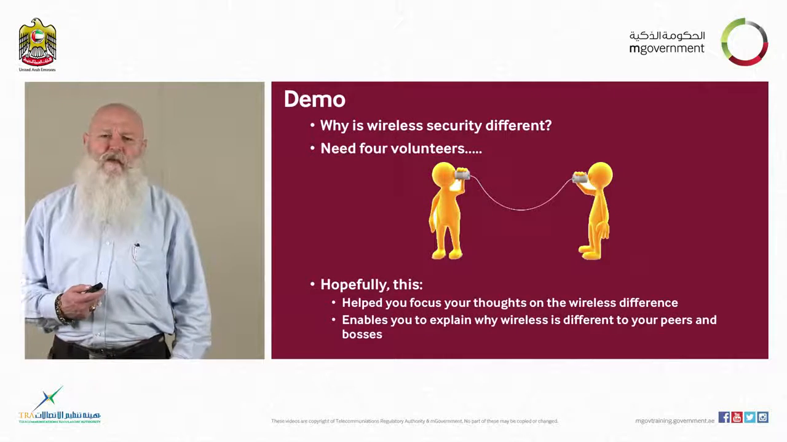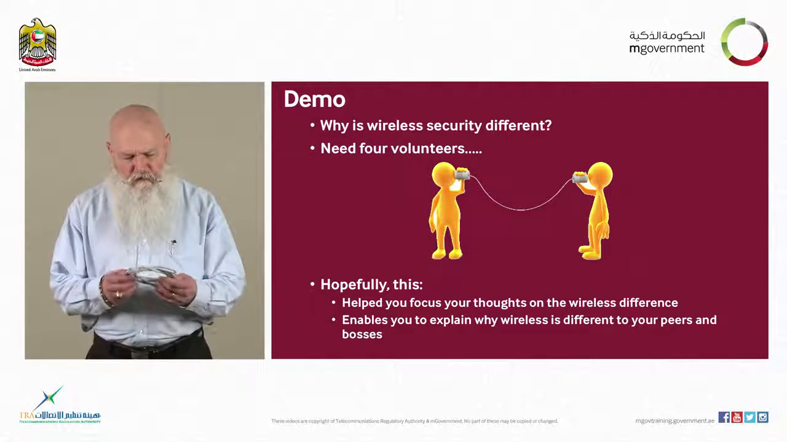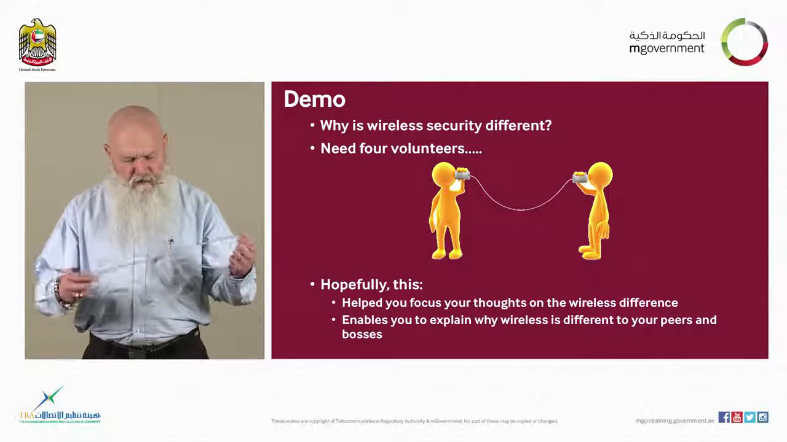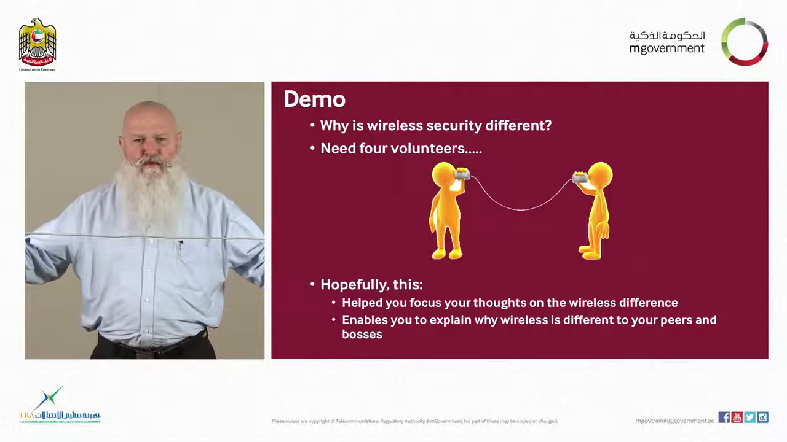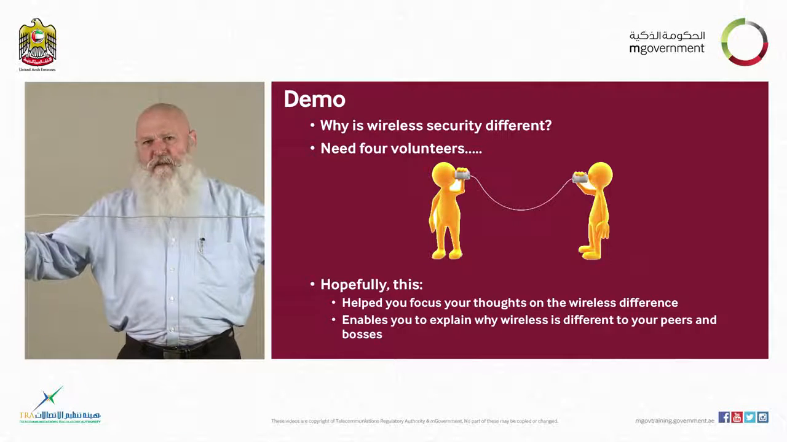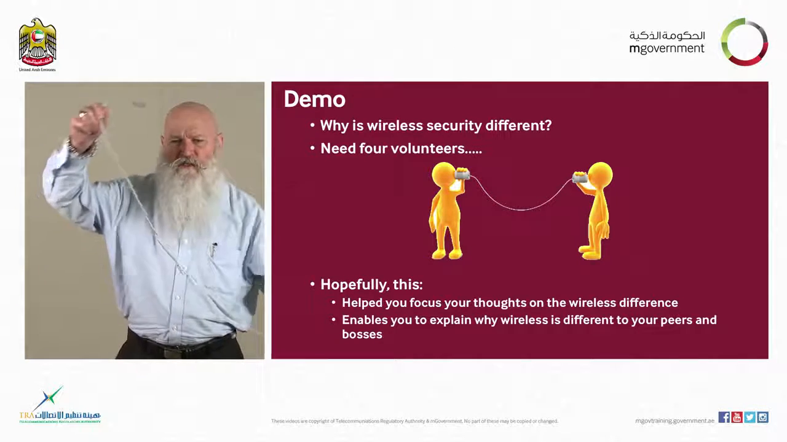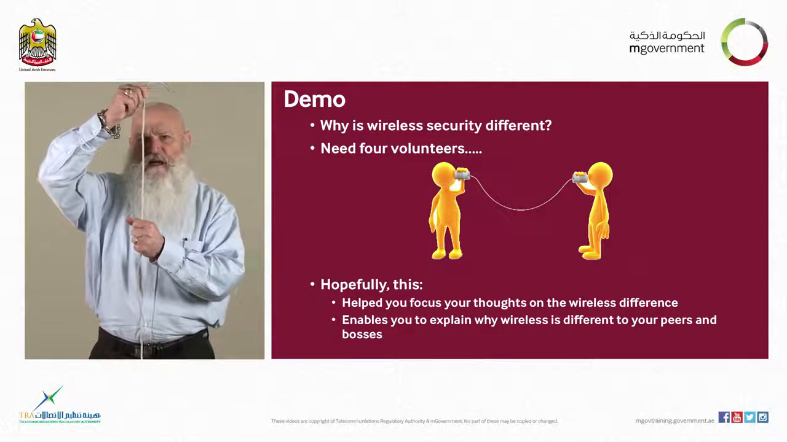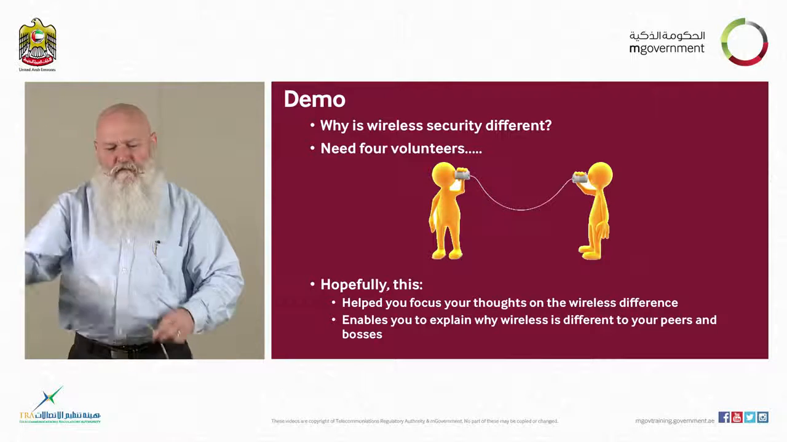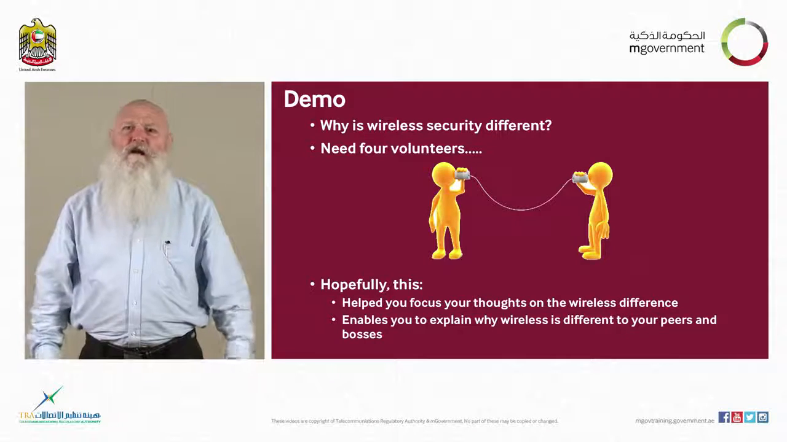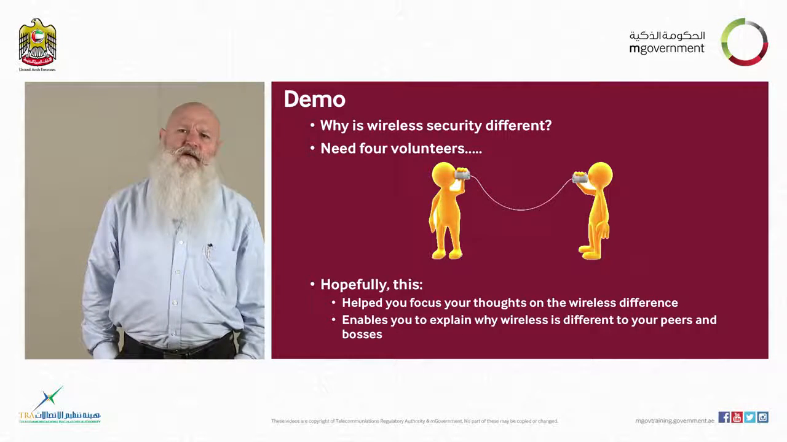So why is wireless security fundamentally different? So we look at a simple network, the wire that connects 2 computers. To intercept the communications or the data between these 2 computers, I need to physically access the wire. It's a simple idea. But with wireless, if you can hear my voice, you're within radio range and you can